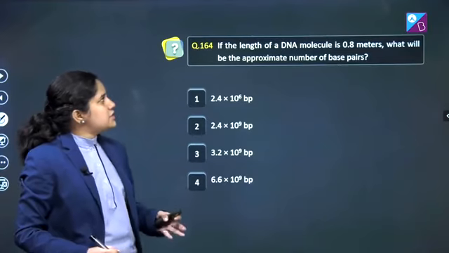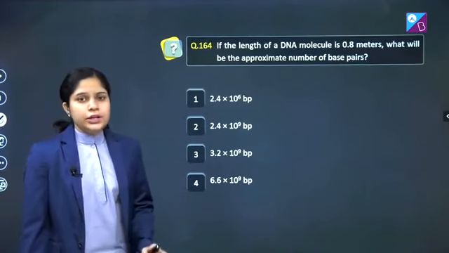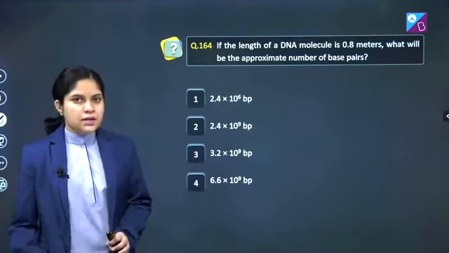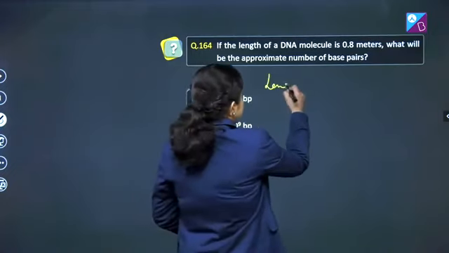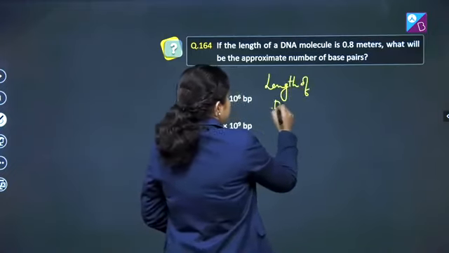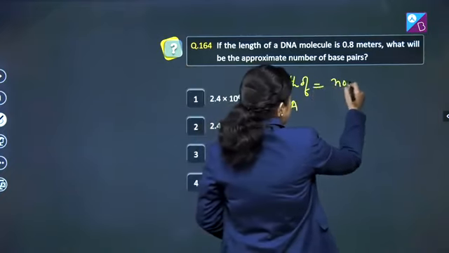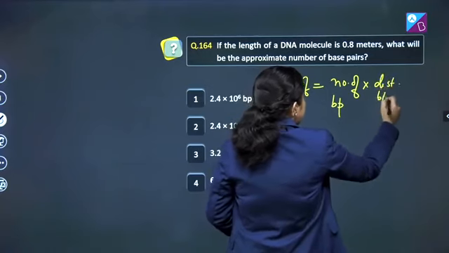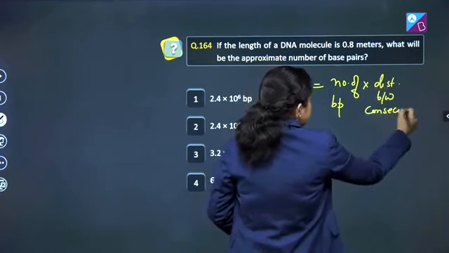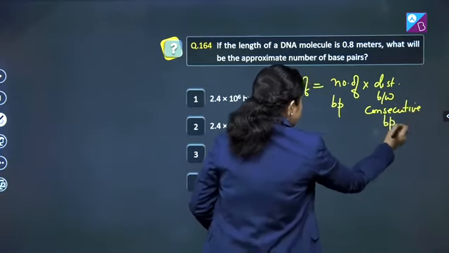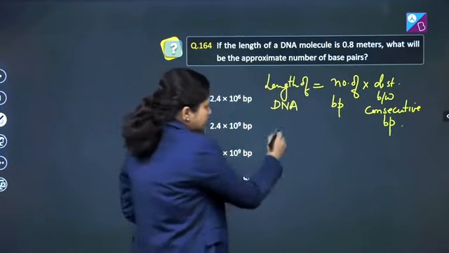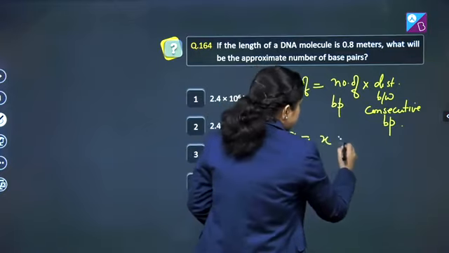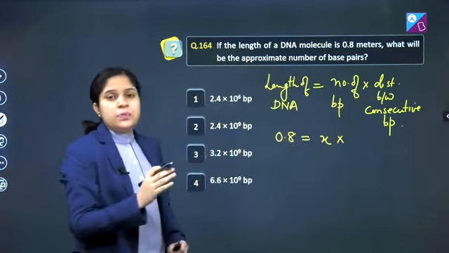Question number 164. If the length of a DNA molecule is 0.8 meters, what will be the approximate number of base pairs? हमें पता है कि length of DNA is equal to number of base pairs into distance between consecutive base pairs. Now we know the length of DNA, that is 0.8. Let us suppose number of base pairs is x and the distance between consecutive base pairs is